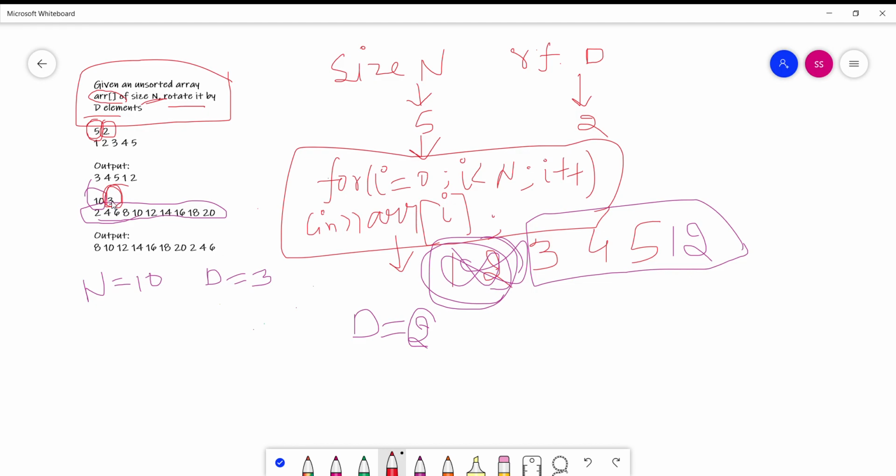Here the value of d is 3. It means we have to remove the first 3 elements from the given array ARR and insert these 3 elements at the end. So the respective output will be this one. But the main thing is how can I solve this? So let me start.